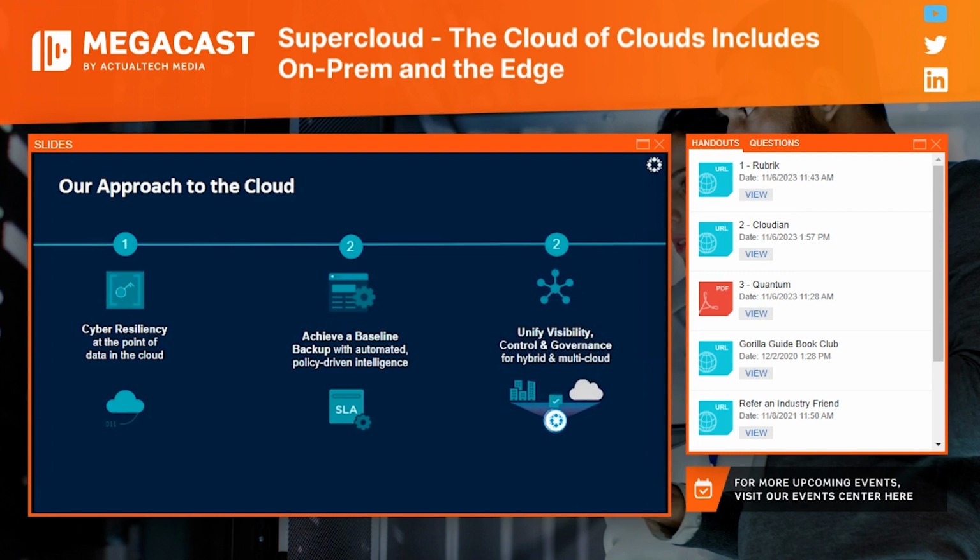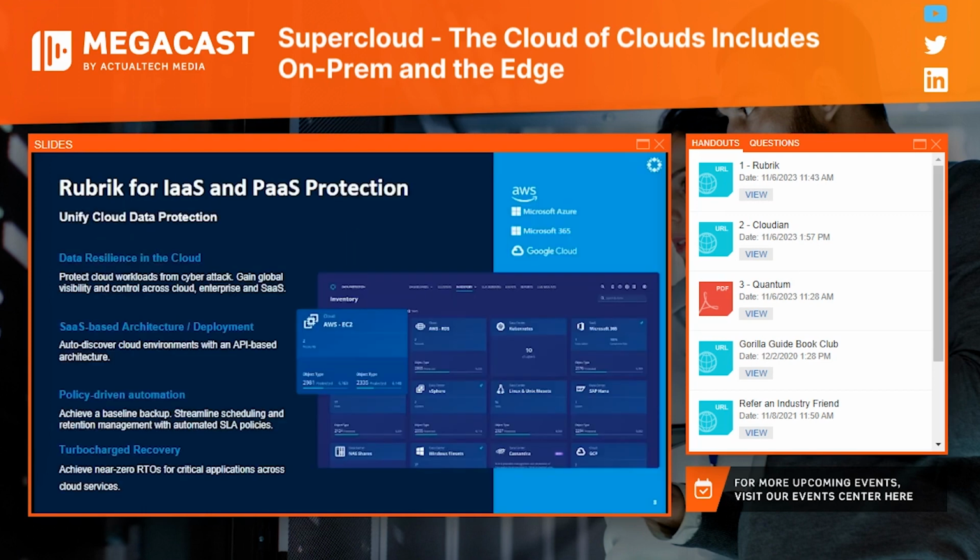This is a unified plane of control that applies across all the workloads in your environment, regardless of where they live. Cloud, hybrid cloud, multi-cloud, on-prem, SaaS, all covered with the same administrative management interface, all using exactly the same tools, and all basically tasked with protecting your data and making sure it's secure and always usable for recovery from malware attacks and other bad actors. So that's how we think of cloud, and cloud is just an extension of your data center, and that's the way you should think of it from a protection and security point of view.